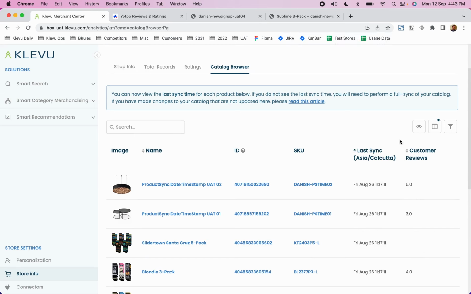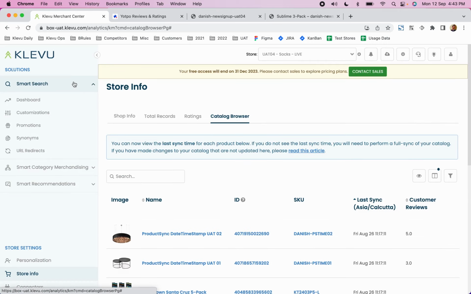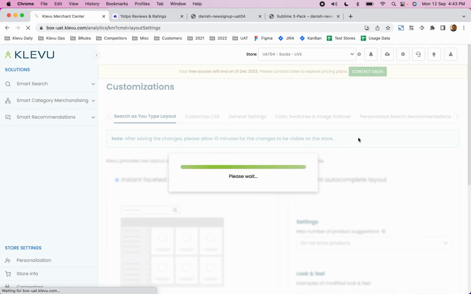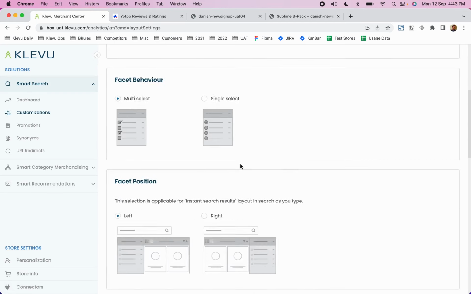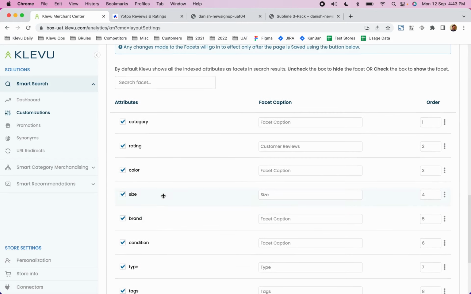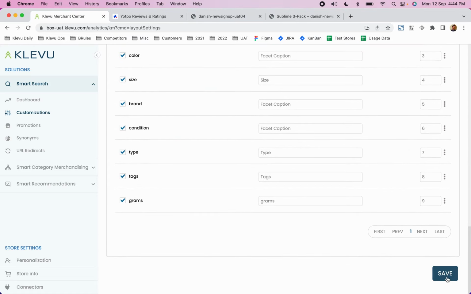Once the data is synced in Klevu, e-commerce brands and merchants can use this product data in multiple ways. The first one, I would be able to use this customer review and rating data as a facet on my storefront. You would head to Smart Search, Customization. I would find Facets, and I would find the one that says Rating. In this case, I've already checked it, and I'm putting the facet caption as Customer Reviews, and I've brought this a little bit higher on the order list. Once done, click on Save,